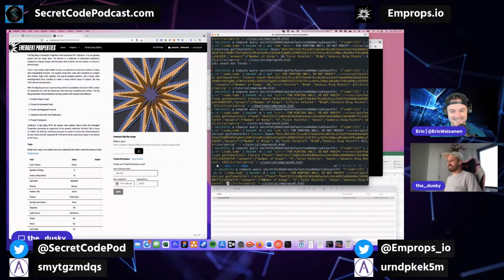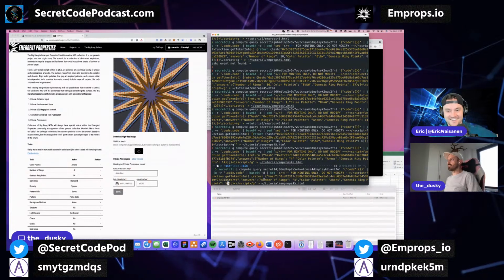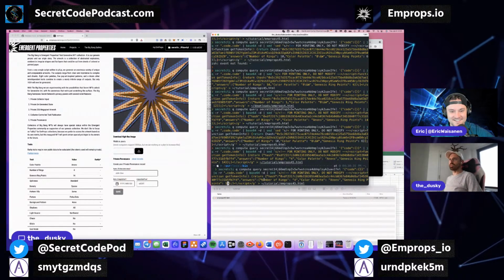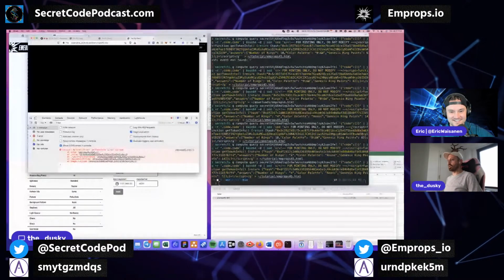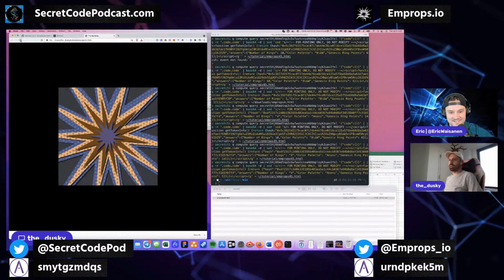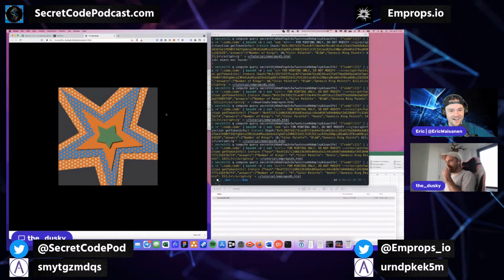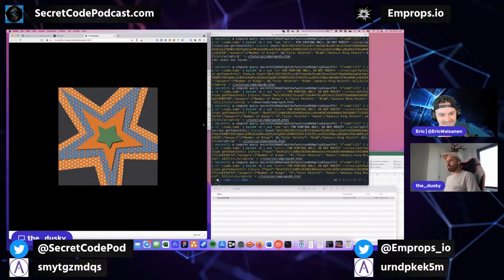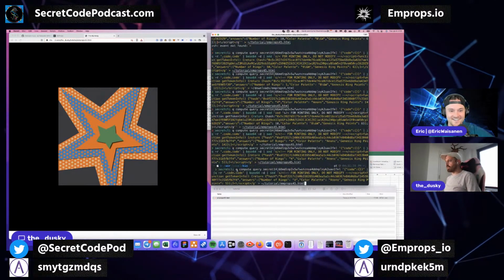Well, I'm gonna do 5, and then basically all I have to do is go back to my browser here and refresh, because what I did is I saved over this file, and the browser's looking directly at that. Okay, and now you can see that it gives you the same thing.